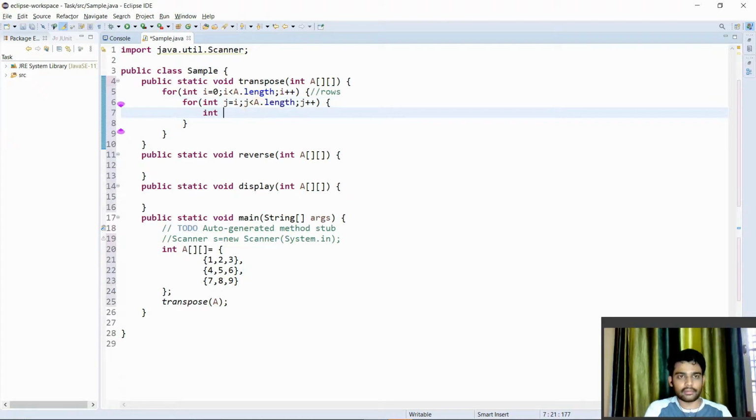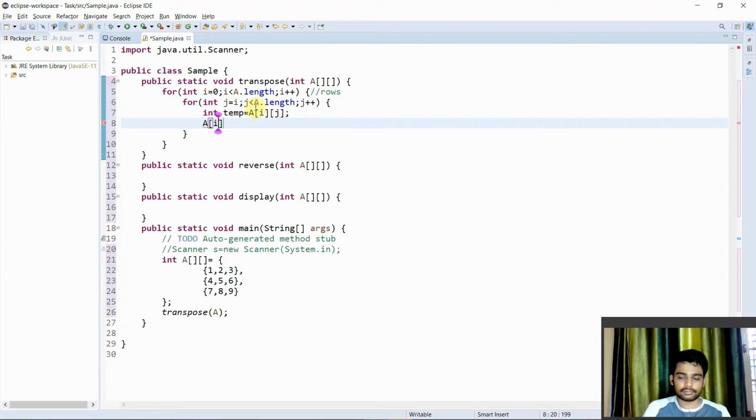So we need to swap the elements, so int temp equals to a of i of j. Then we need to swap the element j of i.